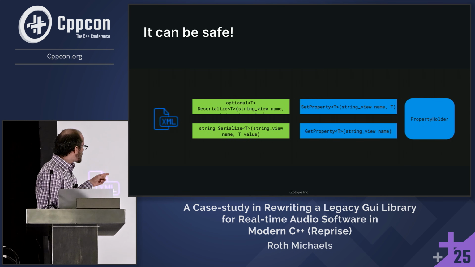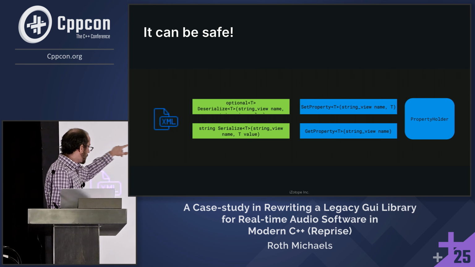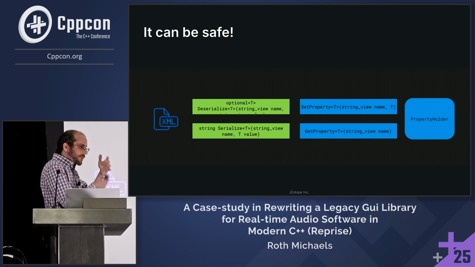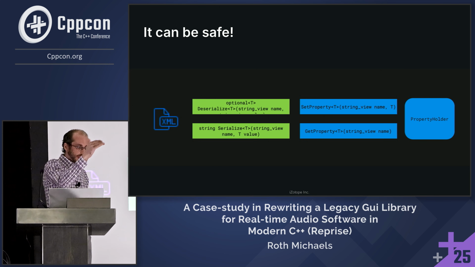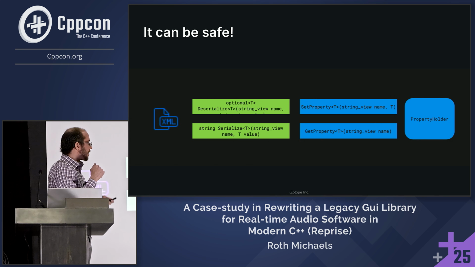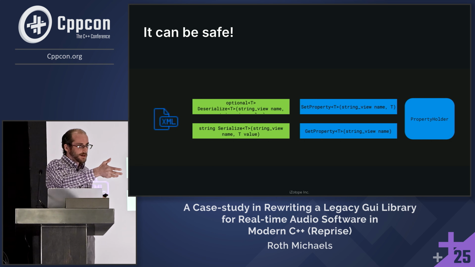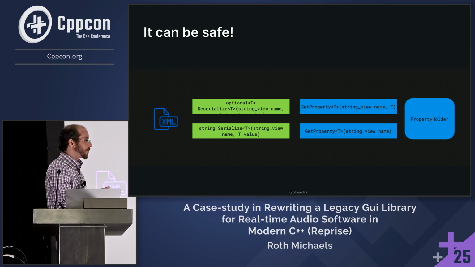So we deserialize something from a layout file. The deserialization could fail. We know this, sure. But we have invariants set up. We know I created properties with these certain types and names. And so if we enforce that they're always created as we expect, and then synthesize the right getters and setters, we can ensure that